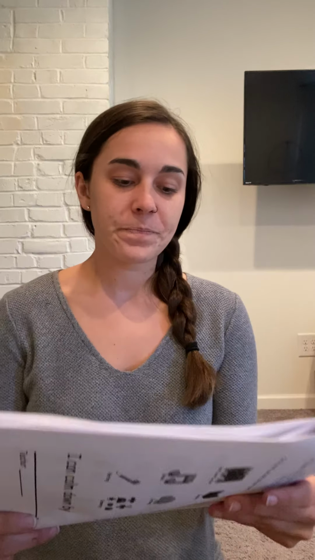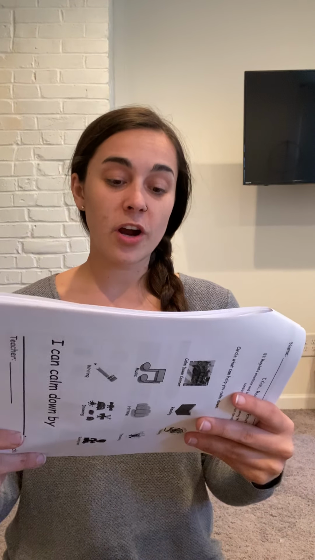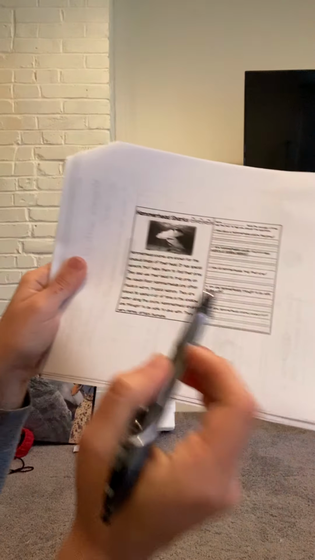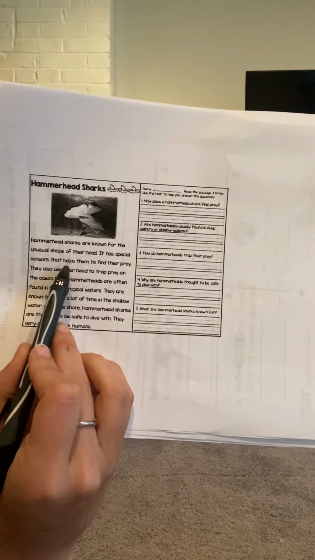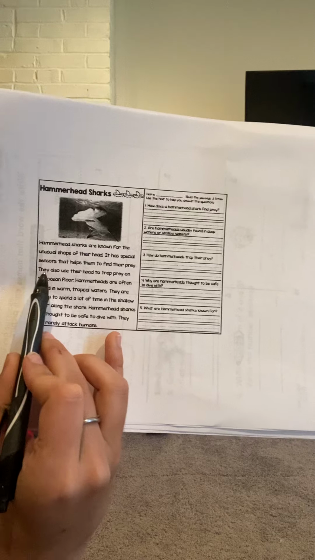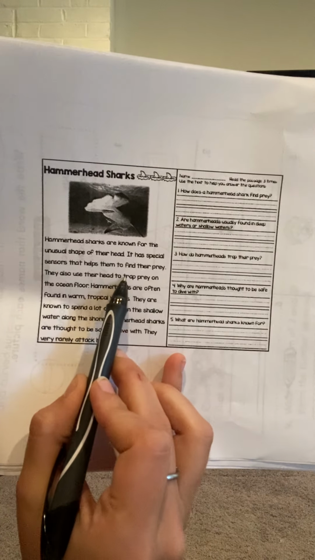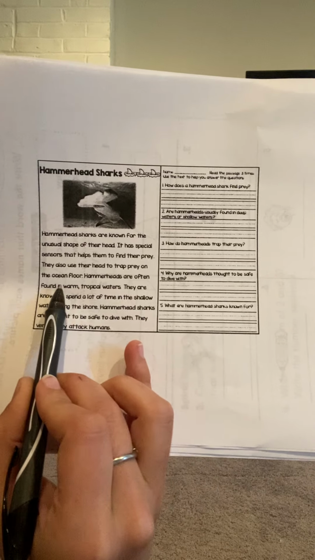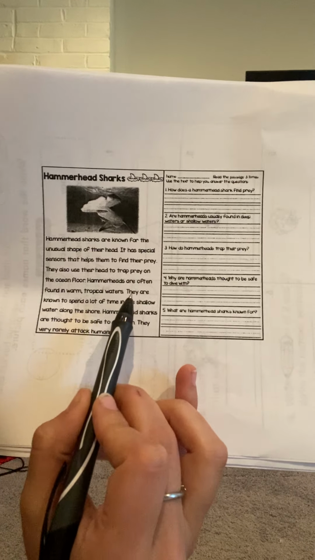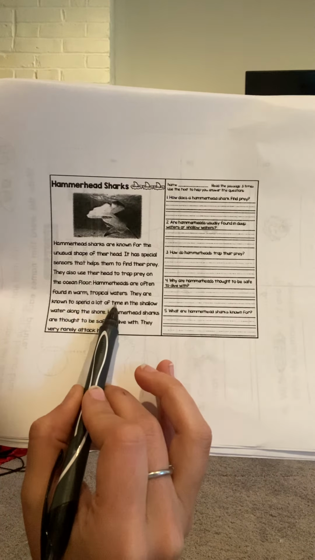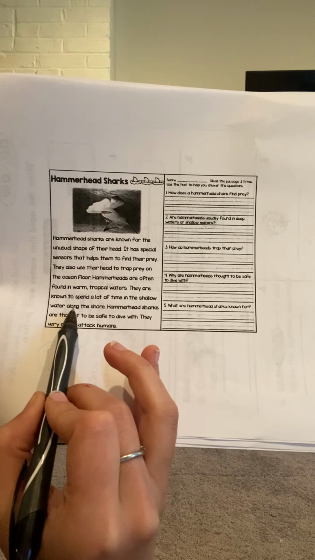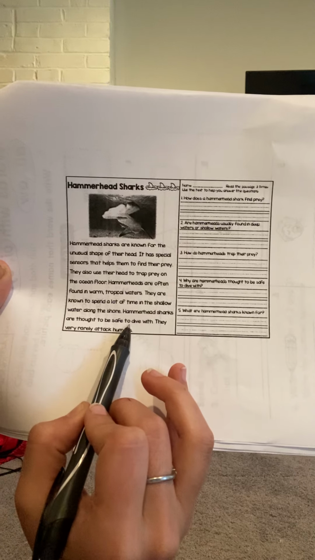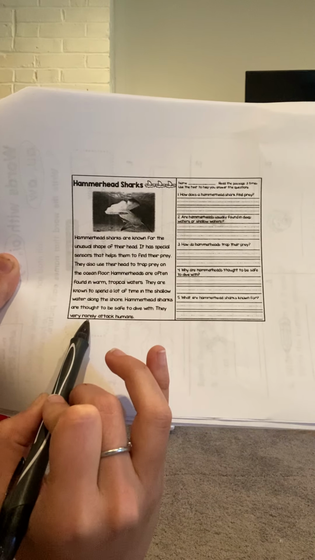Let's read together. Hammerhead sharks are known for their unusual shape of their head. It has special sensors that helps them to find their prey. They also use their head to trap prey on the ocean floor. Hammerheads are often found in warm tropical waters. They are known to spend a lot of time in the shallow water along the shore. Hammerhead sharks are thought to be safe to dive with. They very